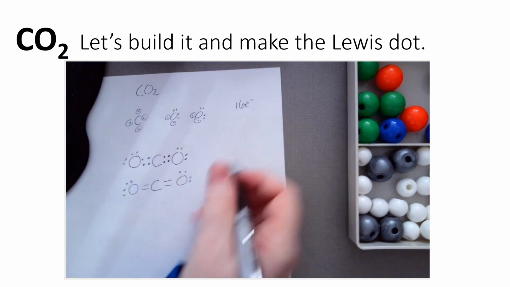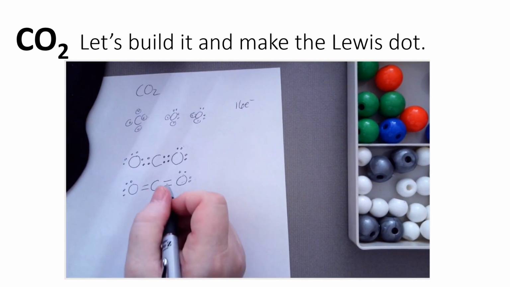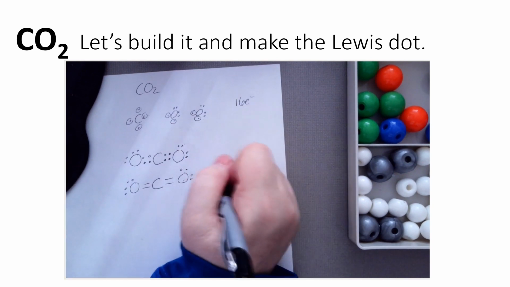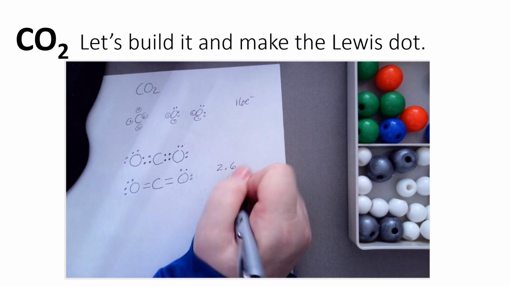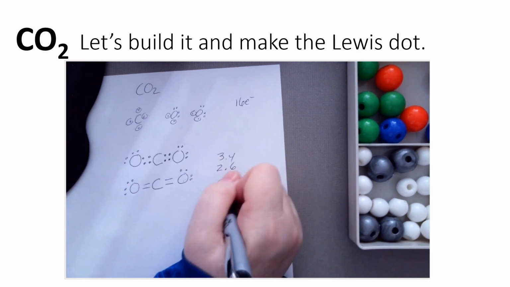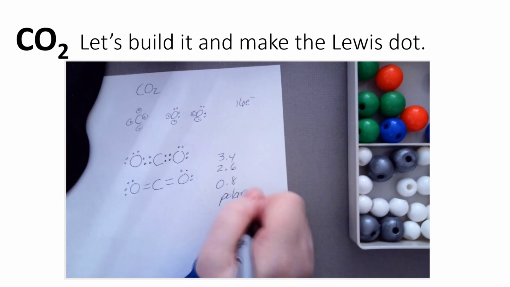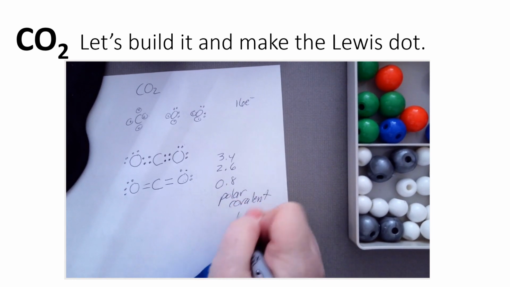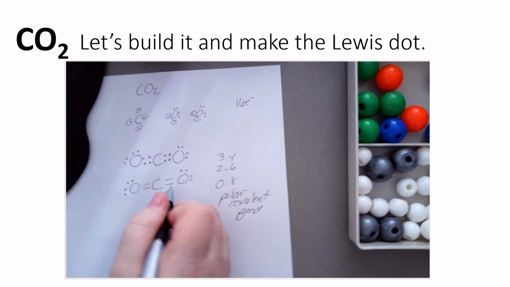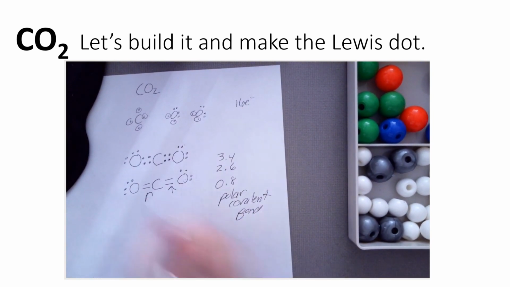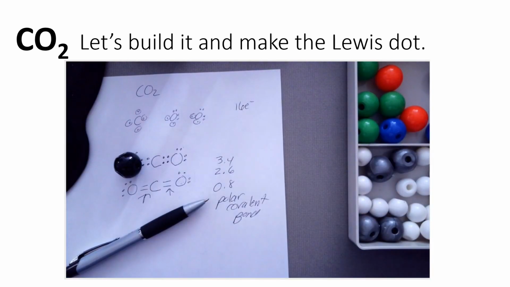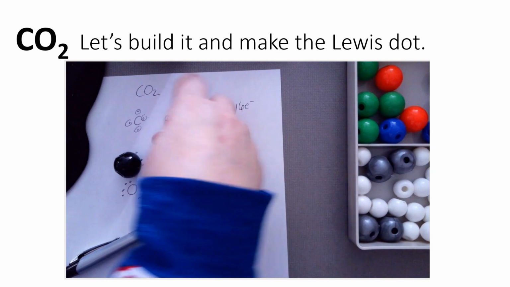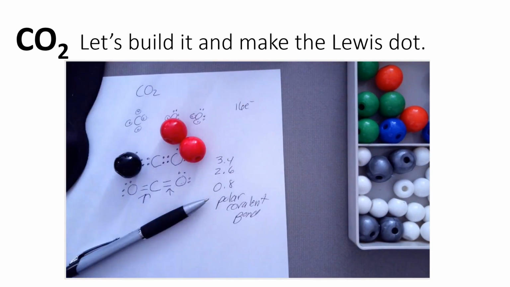Okay? So what kind of bond is this between carbon and oxygen? Well, carbon is 2.6. Oxygen is what? 3.4. The difference is 0.8. So that is a polar covalent bond, right? So polar covalent bond, polar bond. Okay, so let's see about the shape of the molecule. So carbon is black, oxygen, what we haven't used yet, is red. Now I need double bonds,